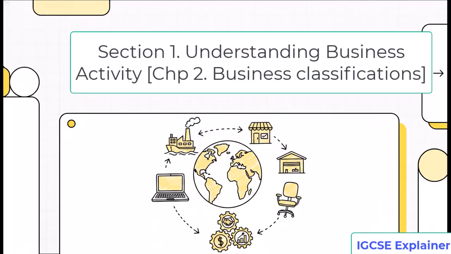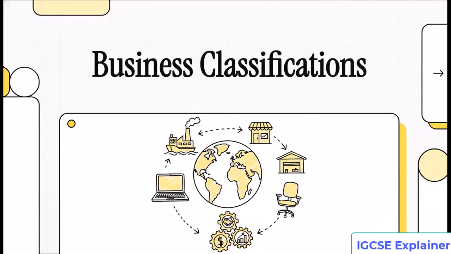Welcome to this explainer. Today we're taking a pretty fascinating journey to demystify how everyday objects right around you actually connect to these massive global economic structures. I mean, have you ever looked at a simple piece of furniture, or maybe the very device you're watching this on, and wondered about the invisible economic machinery that brought it to life? Well, we are going to break down exactly how businesses are classified, how they all operate together, and ultimately, who controls them. Let's get into it.